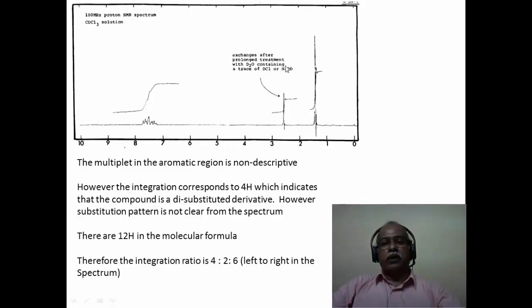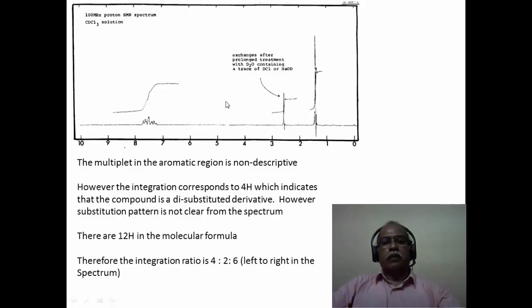This is not because of an OH in the case of an alcohol or phenol or a carboxylic acid kind of functional group. This is mainly because of the enolizable kind of hydrogen that is present in the system. Now before we go into that, let us look at the aromatic region. The aromatic region is a non-descript multiplet. So one cannot figure out from the aromatic signals whether it is ortho-substituted, para-substituted or meta-substituted. The only conclusion we can arrive at from the aromatic pattern is that the hydrogen intensity corresponds to 4,